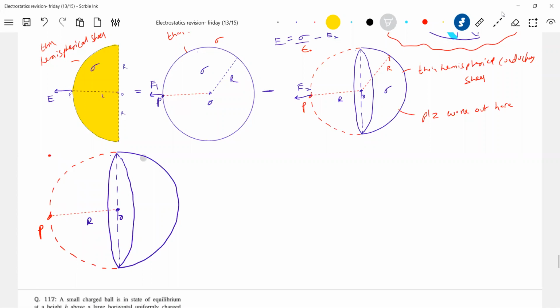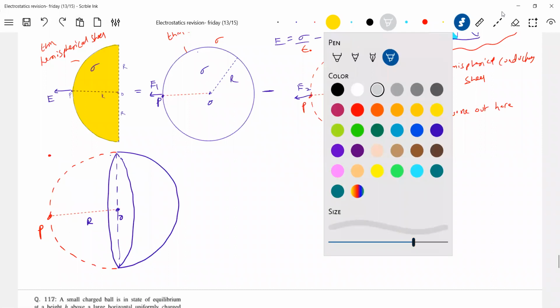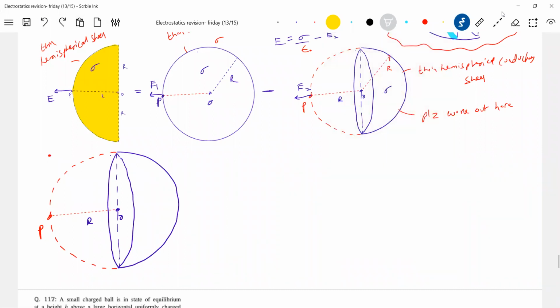Sir, in the first case, why are the limits not defined? They are not defined. You know integration very well. You can't define the limit at P. We can write from pi by 4 to pi by 2, in terms of angle from the center. Not possible. I think you should correct your mathematics.